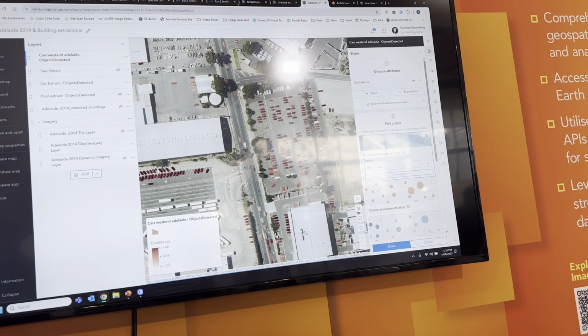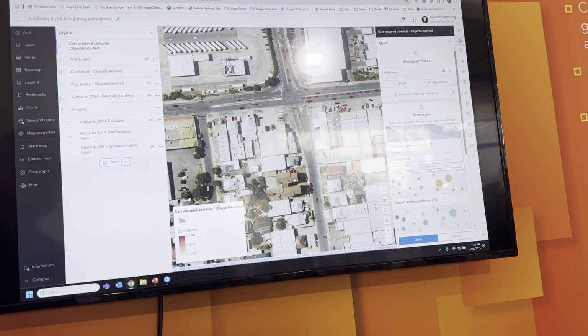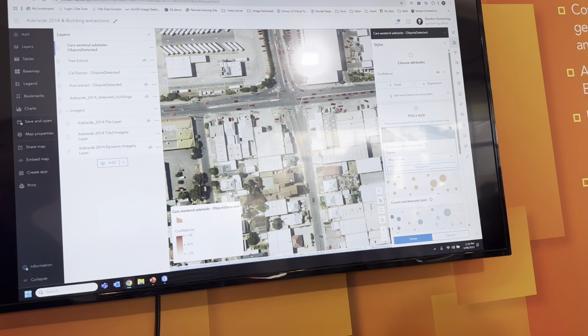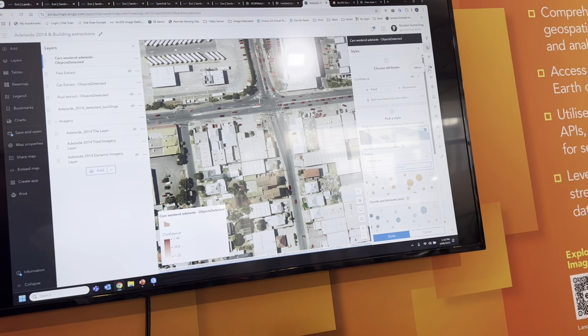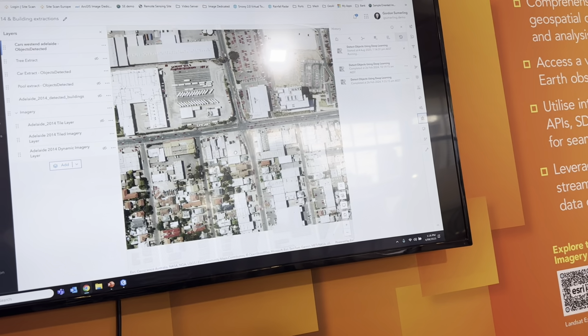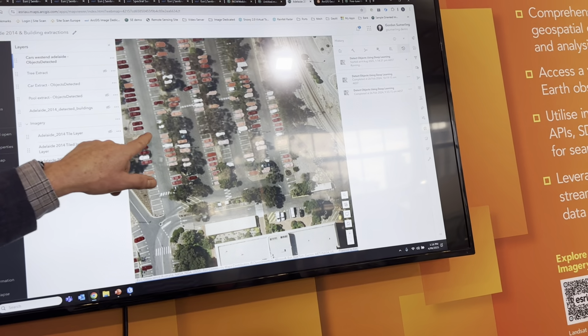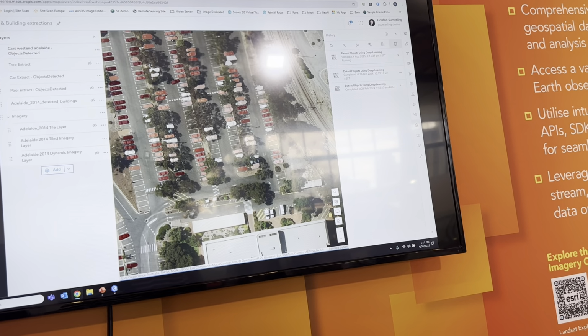Yeah, got it. And so that's how we work on the deep learning stuff, it's a level of confidence to be able to do that. You see it's still ticking away in the background over here, so if I go back and look at that, you'll see it's still running, but it shouldn't take too much longer. You can see, especially in that car park there, very low confidence, very high confidence through there. Yeah. And what about the